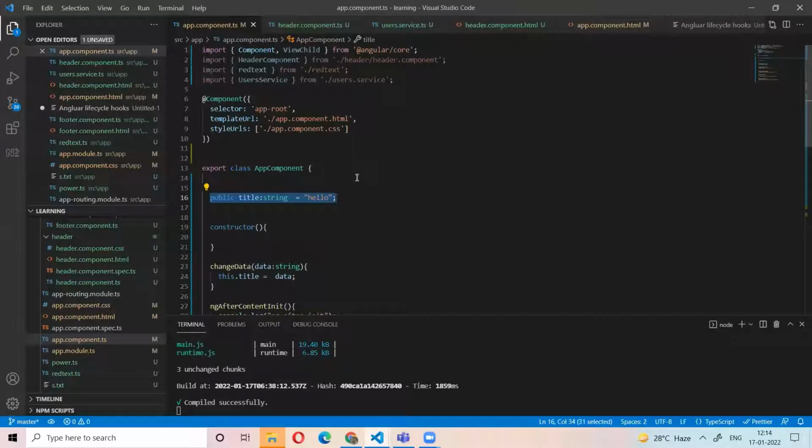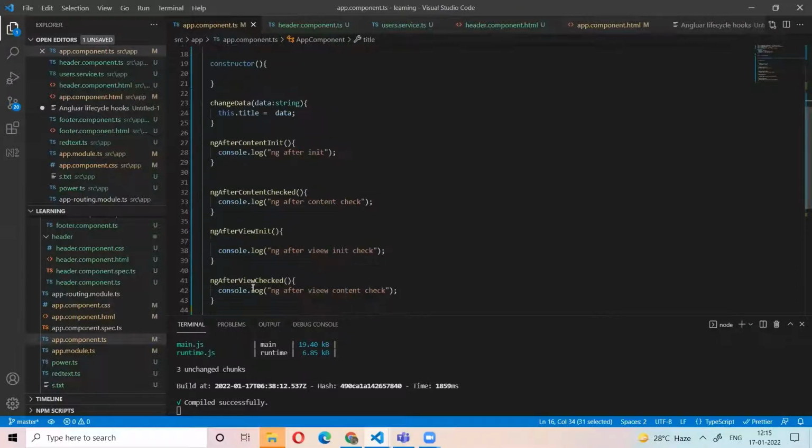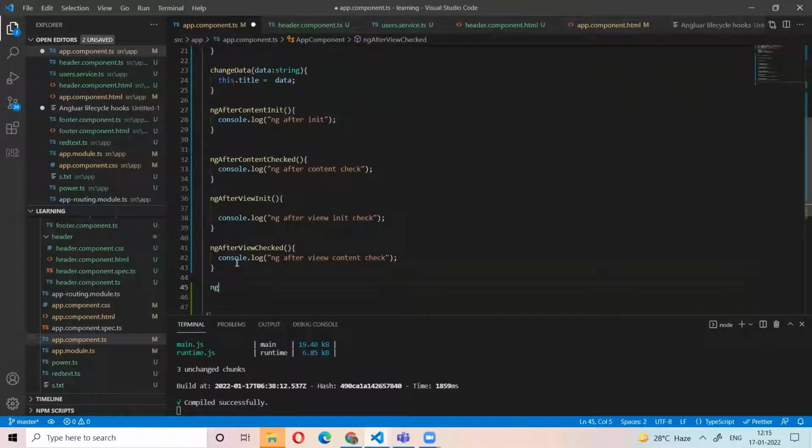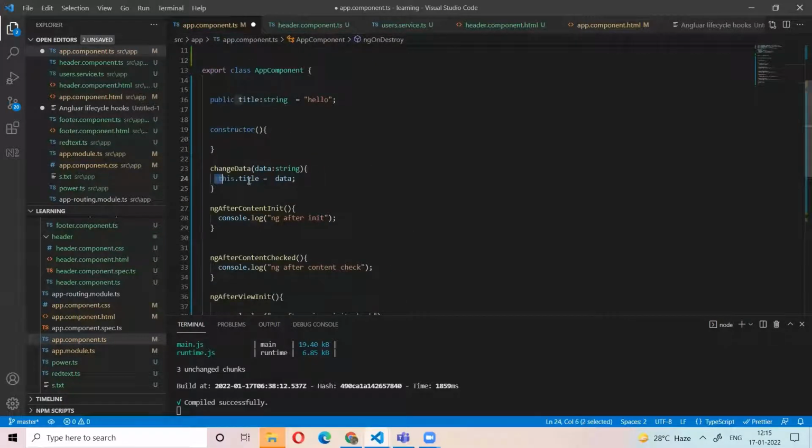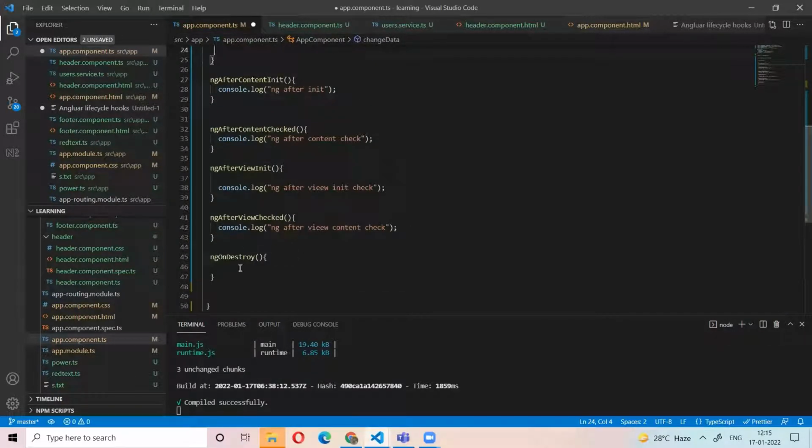So that's why before destroying the component, that means before going from one component to another, I need to reset all the variables. Like for example, here ngOnDestroy. I'm going to reset this one.